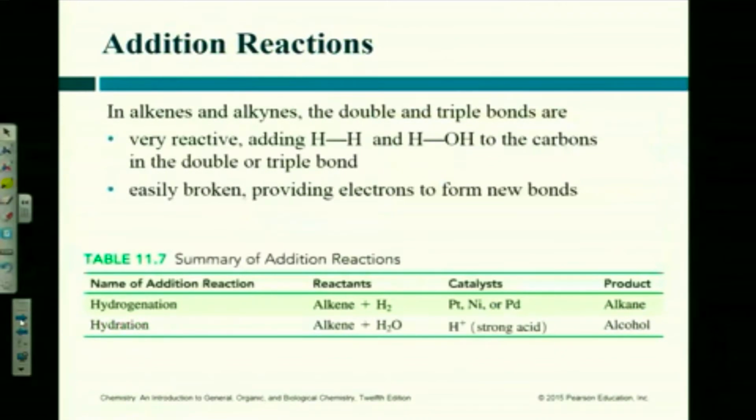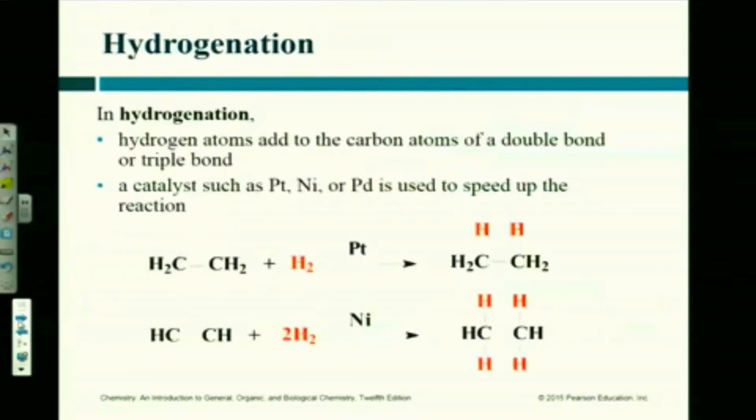Okay, so we're gonna talk about two reactions. We're gonna talk about hydrogenation and hydration. Hydrogenation is the addition of hydrogen, and hydration is the addition of water. And we're gonna show how that works. Note that for water, they draw it like this. Remember us drawing it like that? Because we're gonna break this water like that, when we get there. So let's look at it. Here's the first one. They really should have drawn these like this.